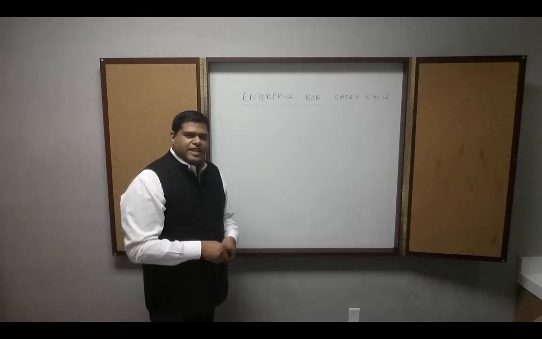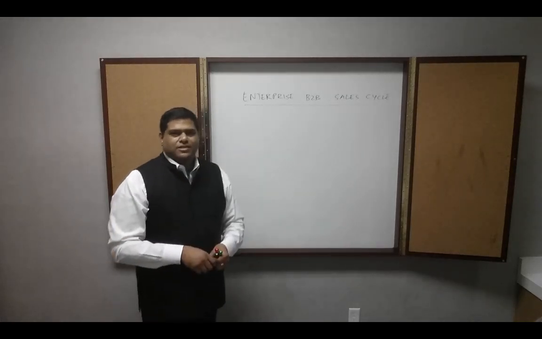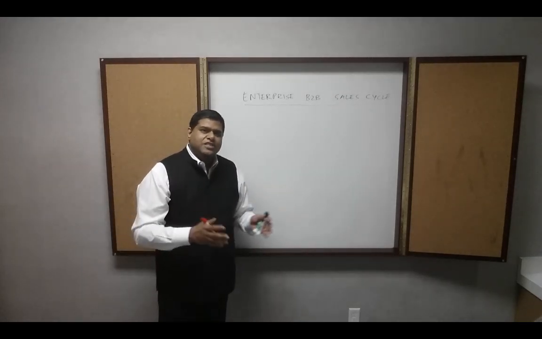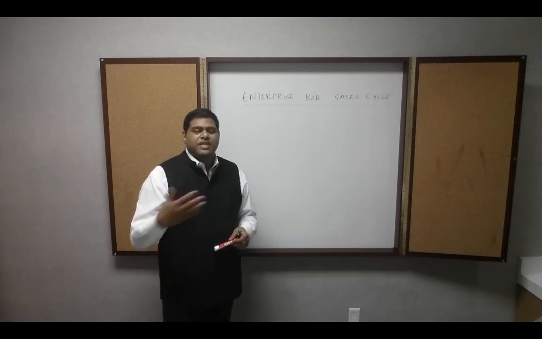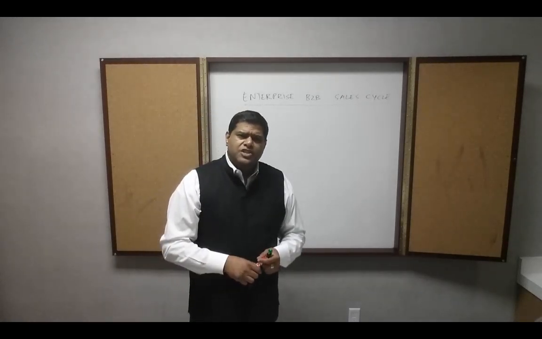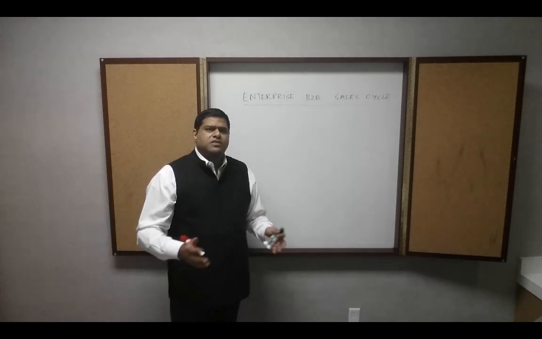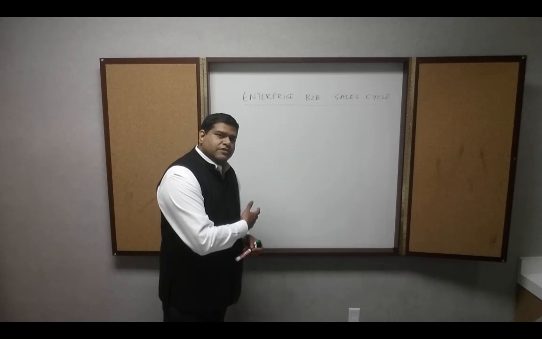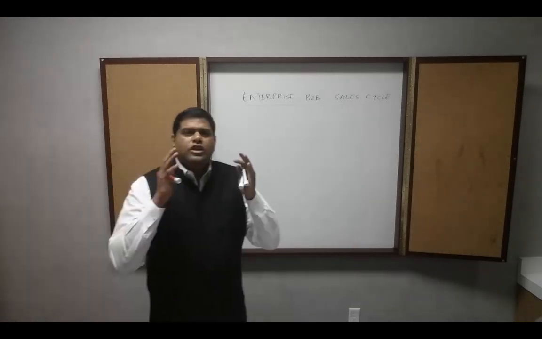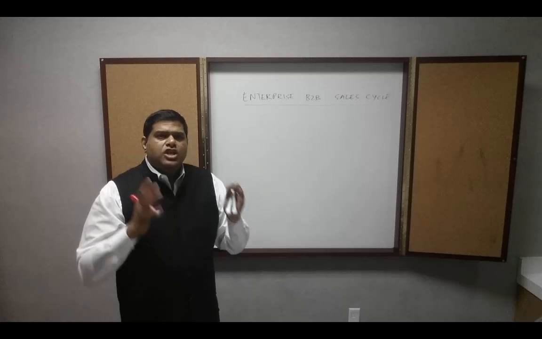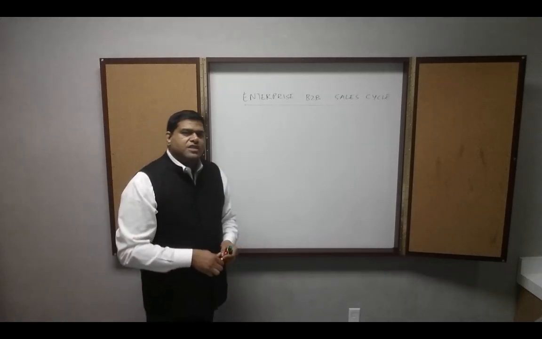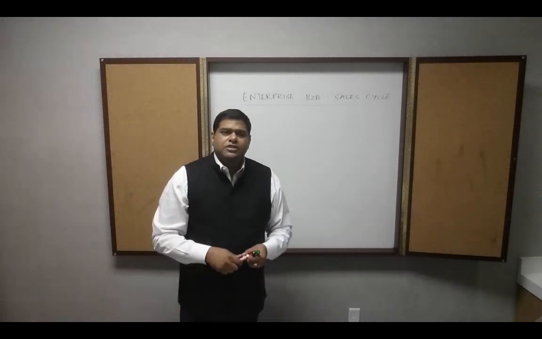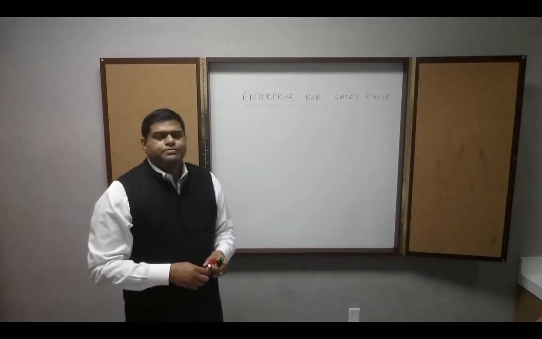The topic of conversation today is the enterprise B2B sales cycle. Some of the questions that we'll answer today include: who are the players that engage in the different stages of the enterprise B2B sales cycle? What does the sales cycle look like? What are the stages of that sales cycle? What are the roles and responsibilities of each of the individual participants, whether it's from the company's perspective or from the customer's perspective? What does each individual need to say, show, and send at each stage of the cycle to the customer and receive from the customer? And finally, the goals and objectives, the outcomes of each stage of the cycle.